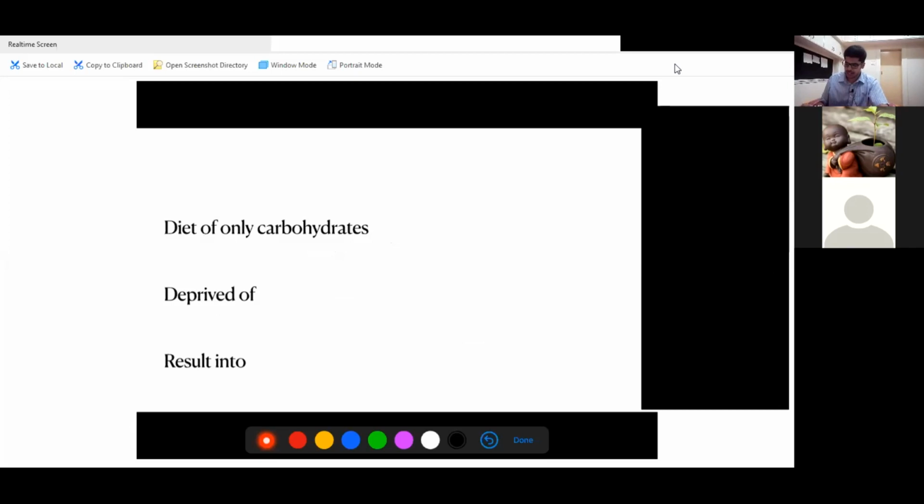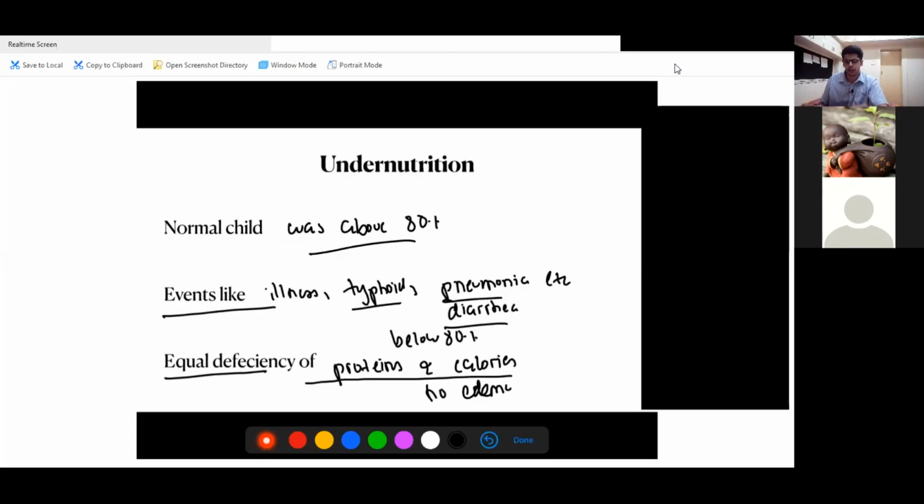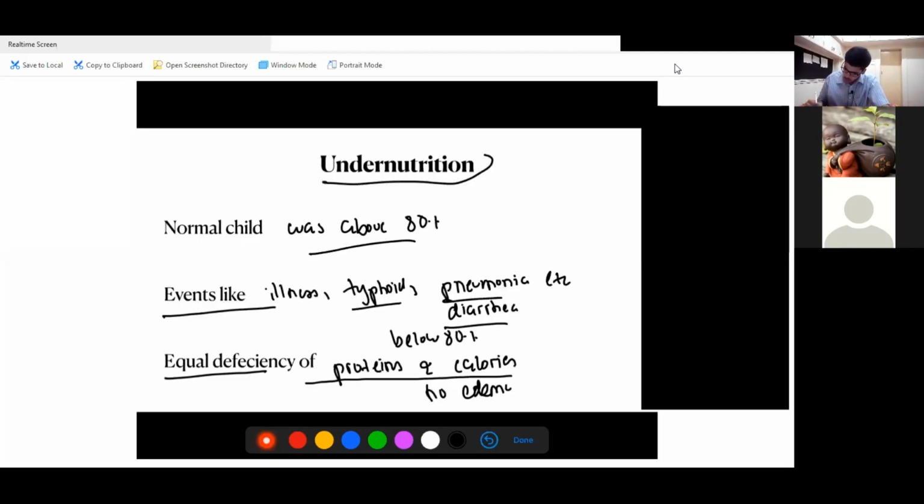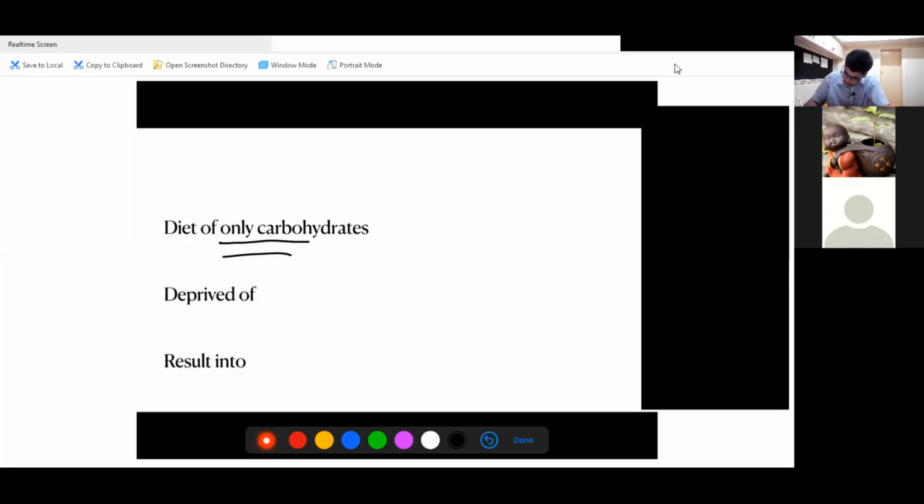So now this child who is undernourished comes to your clinic, and you know he has equal deficiency of proteins and calories. Now, as a doctor, while prescribing a diet, it is usually very general. We tell the patients to eat this, eat that, and we tell him everything. But by chance, a doctor gives only carbohydrates to this undernourished child who had equal deficiency of proteins and calories. So see this example. This child had equal deficiency of proteins and calories, two lines.